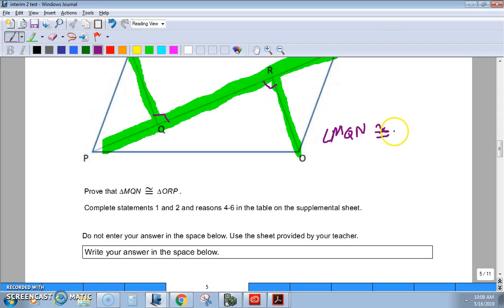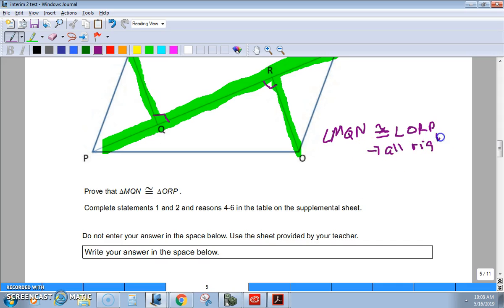Line 4 is angle MQN is congruent to angle ORP. So what they told us was that they were both right angles. What we can extrapolate from that is that they are also equal, right? So that was the statement, and the reason would be